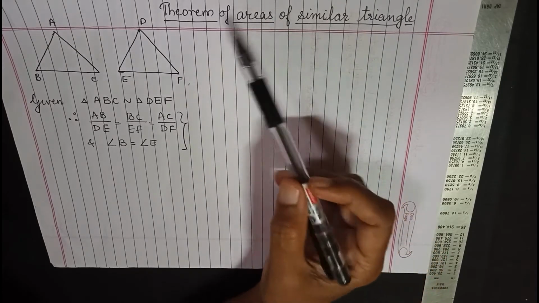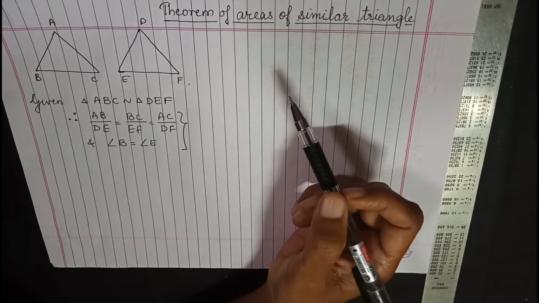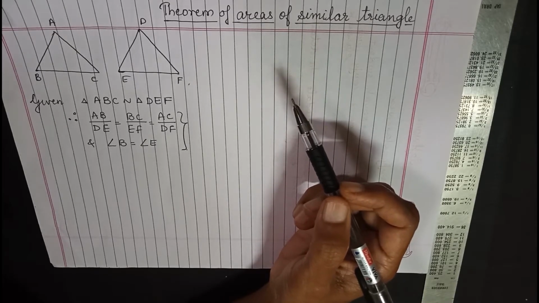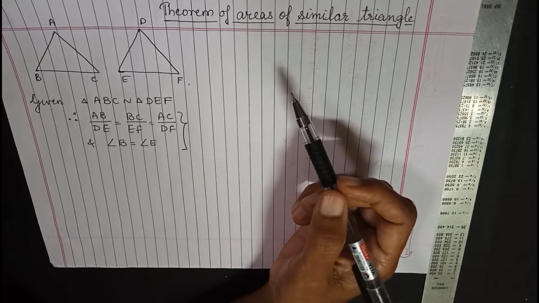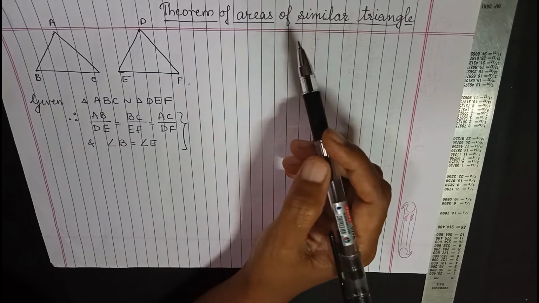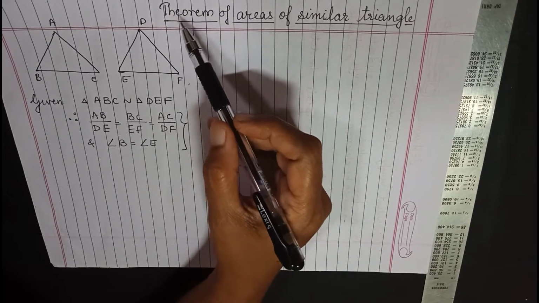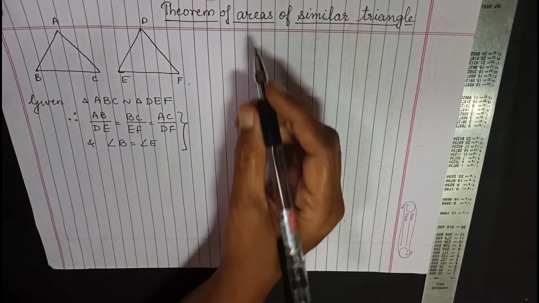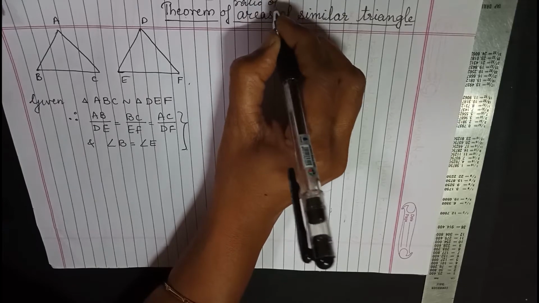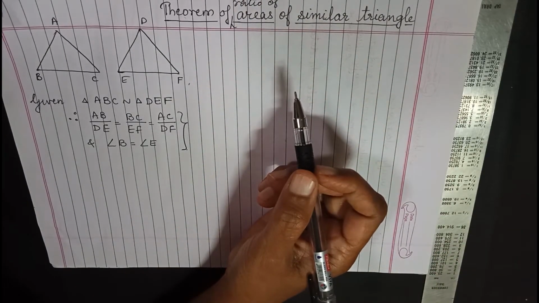In the beginning of the lesson, we have done ratios of areas of any two triangles, and we had seen the formula was B1H1 upon B2H2. So we will be using that formula and see how it changes if the two triangles are similar. Does it still remain B1H1 upon B2H2 or does it change? Right? So let's begin. This is called the theorem of ratio of areas of two similar triangles, or just the theorem of areas of similar triangles will also do.